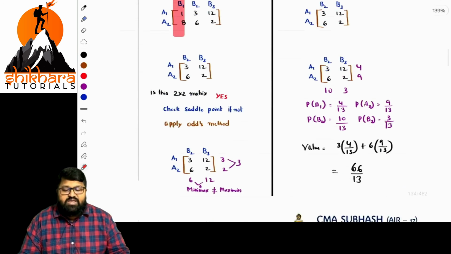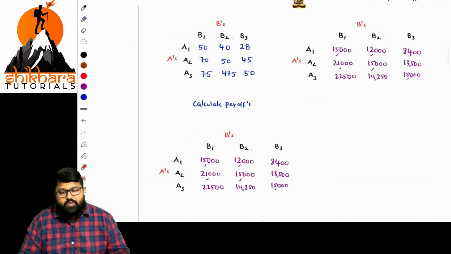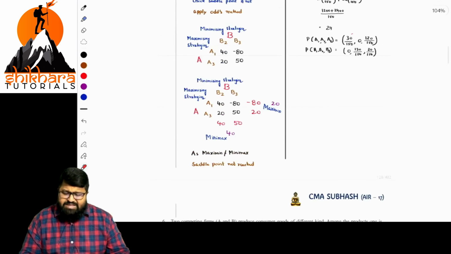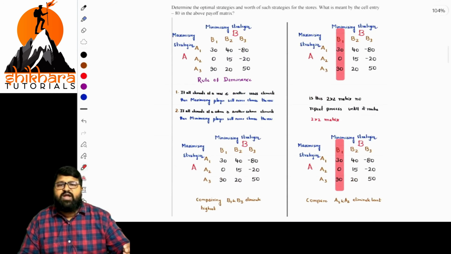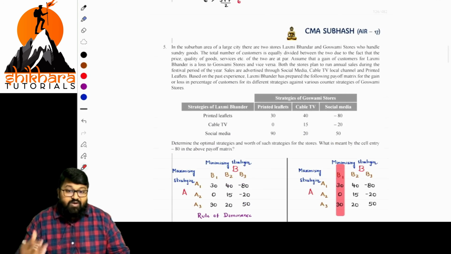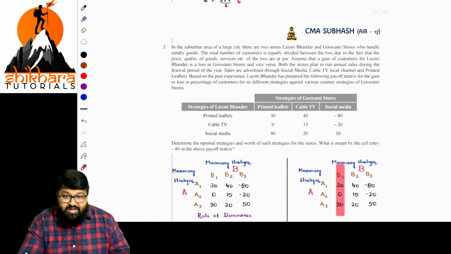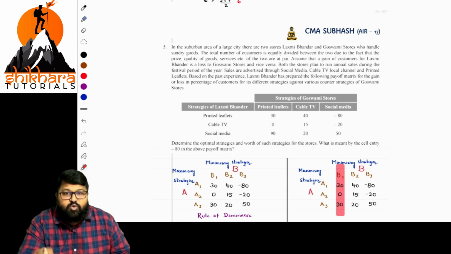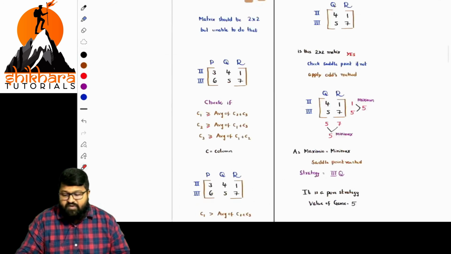So game theory is most important, sir. You can get the score easily. And to solve a problem in game theory, maximum you can take 5 to 10 minutes if you're doing it perfectly. Now and then, while we are solving, I took some other numbers. So that is the most important thing. Do not get in a hurry here, in the case of game theory. Game theory is very, very important and an easy way to score. You can go through this one. If you're having doubts, you can ask.